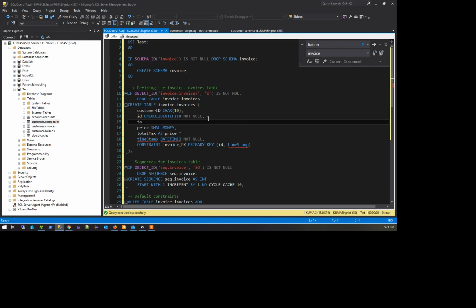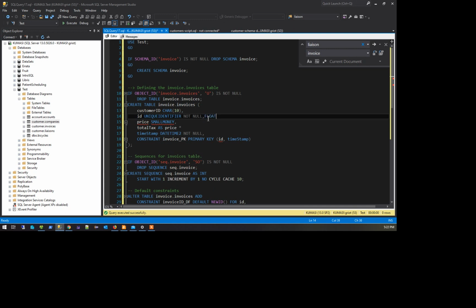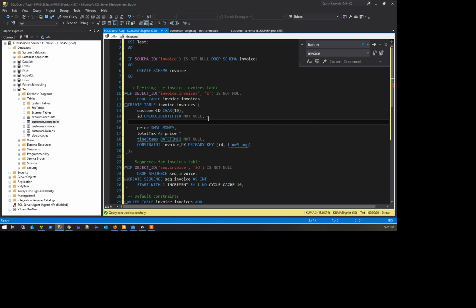I'll say tax rate, and I'll make this a float. Tax rate, and make this a float. Right? And I'll say this is not null. We're always going to assume you have to pay a tax. Okay, and I'll make the price also not null. Now you see total tax is price times